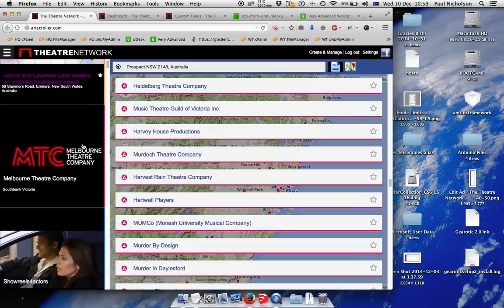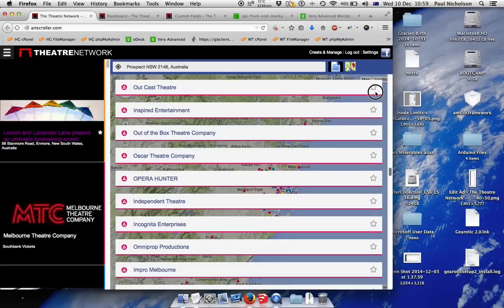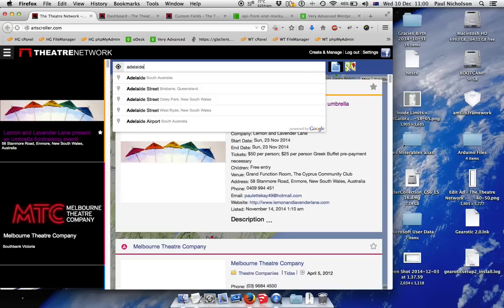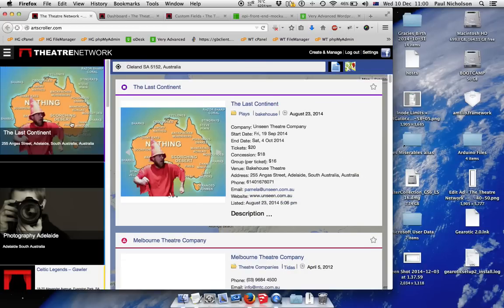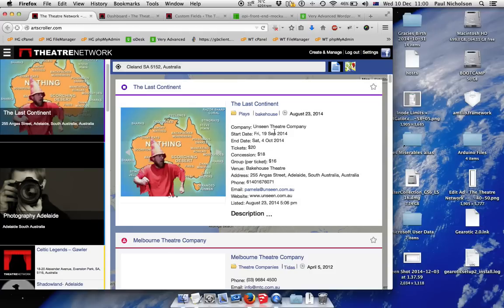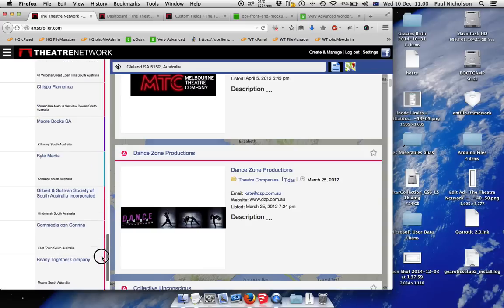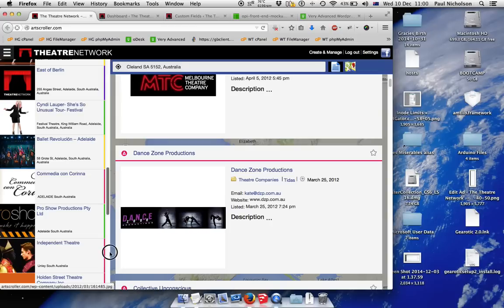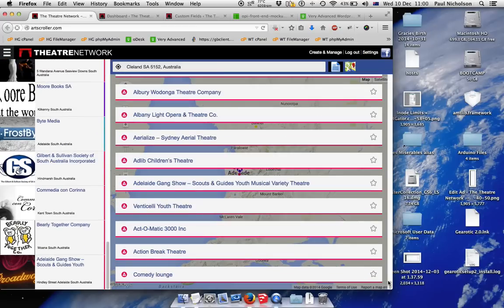If I go to the very top, you'll see the first post on the index list is Lemon and Lavender Lane present an umbrella fundraising event. And if I go to the top of that list, it'll show the same event at the very top there. Of course, if I go to a different area of the world, say Adelaide, then the top featured listing there is the same as in this list here. As you can see by the scroll bar, there aren't that many listings in this area. Everything's lazy loaded here, as you can see. But it is exactly the amount of results in the index list as the posts,